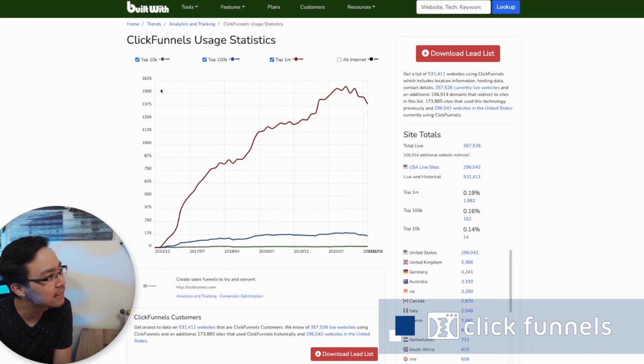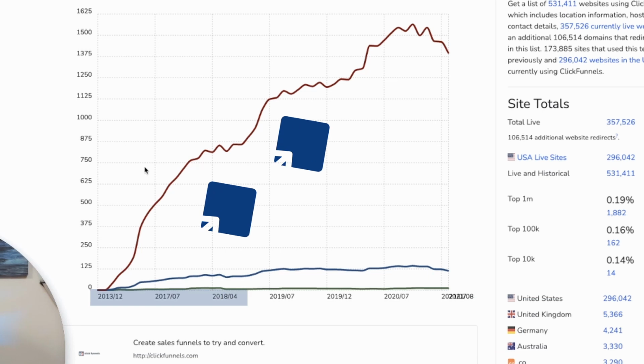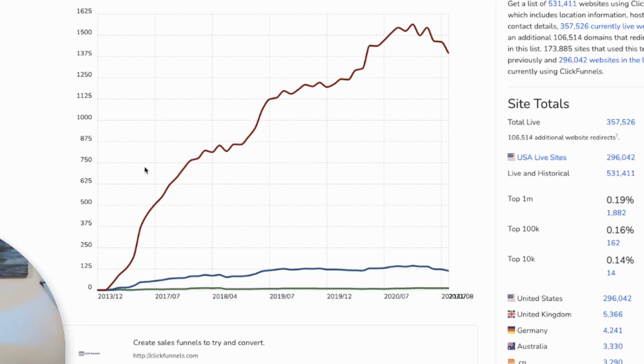And on the last example, ClickFunnels, you can also see how since 2013 they have had an exponential graph all the way to the right. So hopefully what this tells you is that in your early days, you want to take any of the wins you possibly can get, and thinking about creative ways to introduce yourself to new potential users can be a great way to lower your cost of acquisition while also allowing your existing customers and free users to help you reach the next free user or paying customer.